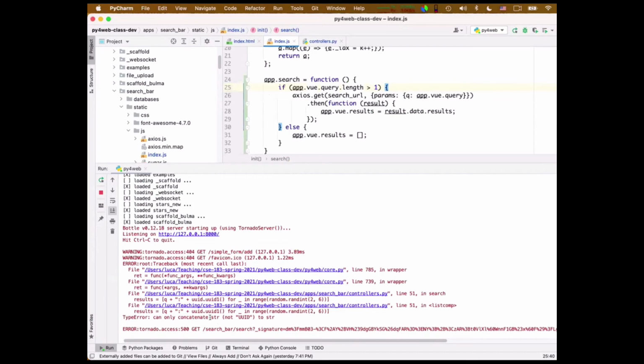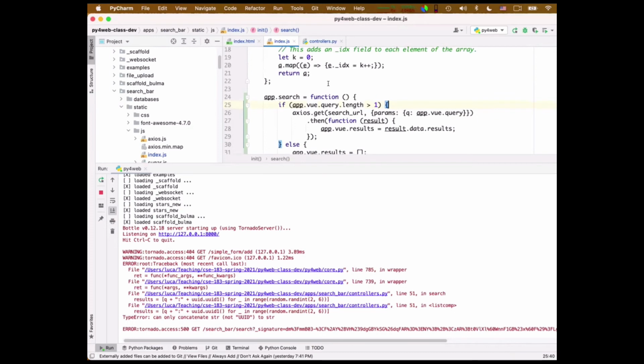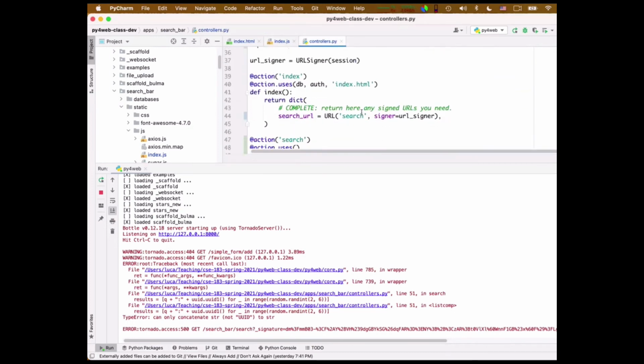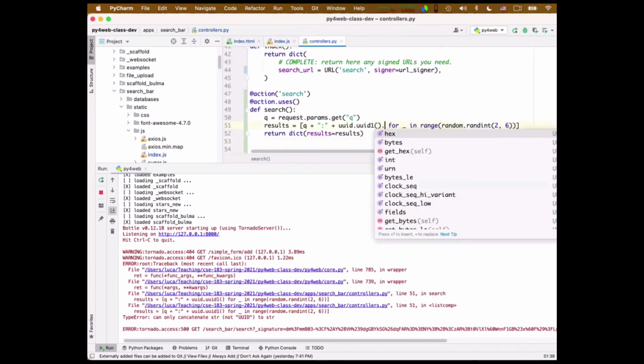Can only concatenate a string, not UUID to string. Oh, yes. And this is because of the super boring thing that this UUID function that I used, even though it generates a string, says that it's simply bytes. You know, don't ask why. It's one of these idiocies that are around.